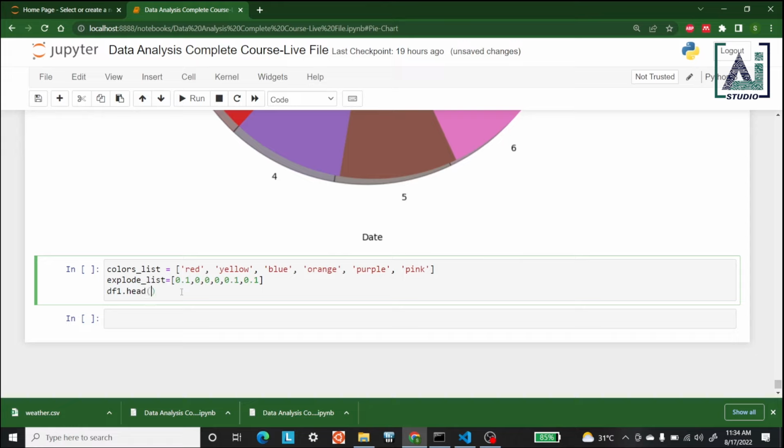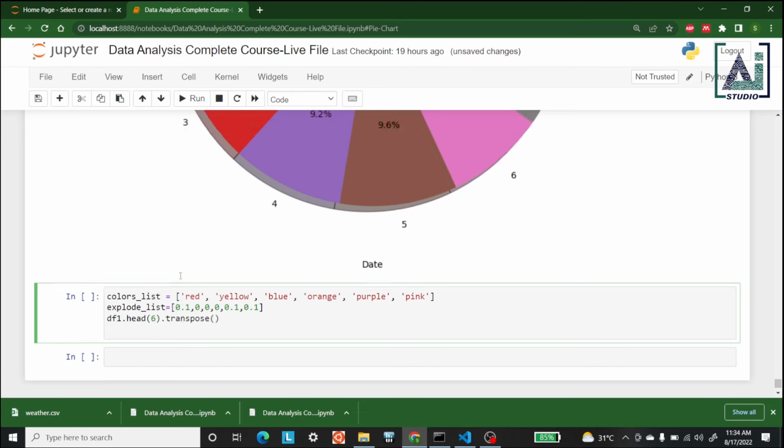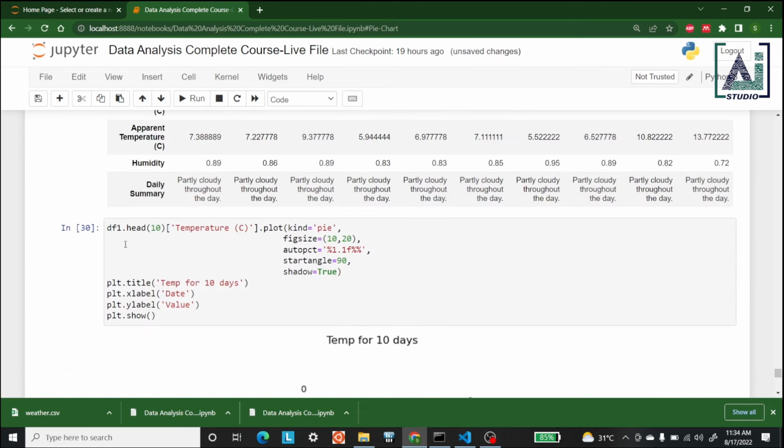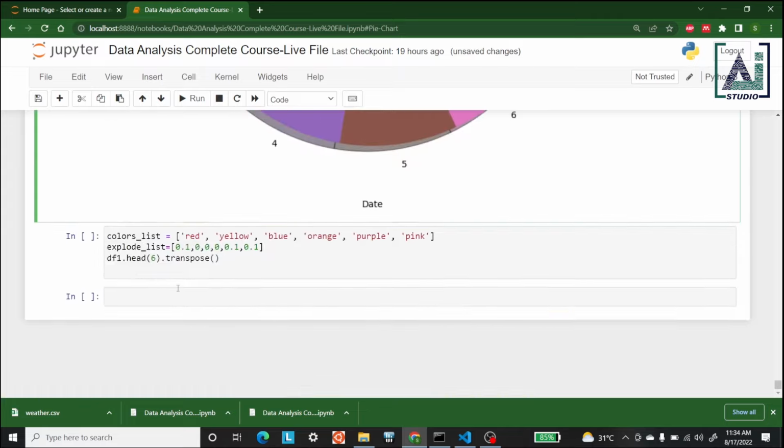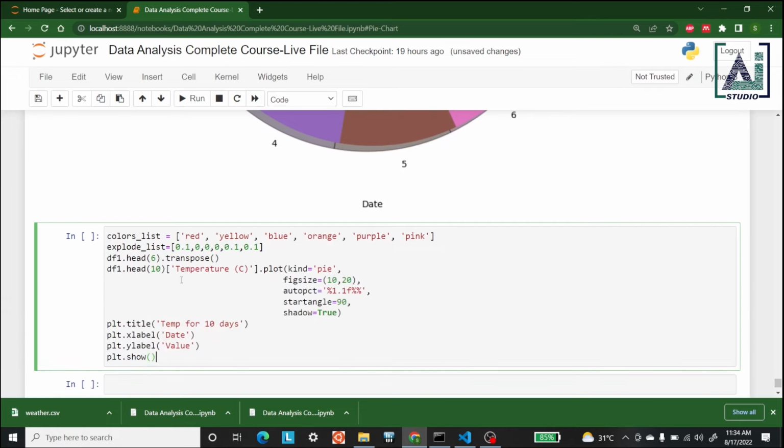So let's take the first six values this time, because we have taken six colors. For the first six values we are going to take the transpose in the same way that we did before, and after that the next thing that we need to do is write the same commands for six values. Okay, so let's write 6 here, and let's do it for humidity this time,